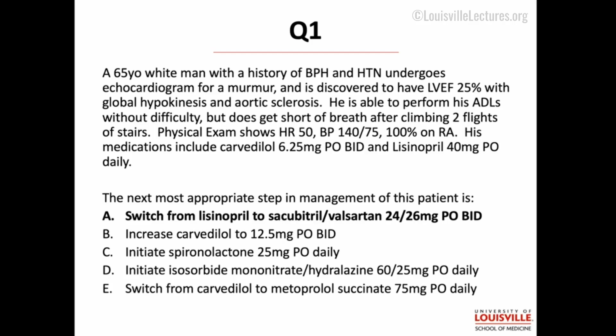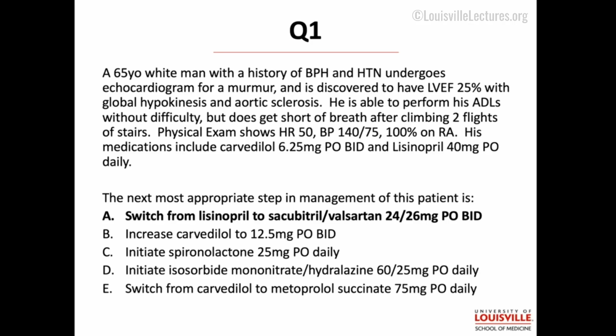So although a lot of these options include medications that we use to treat systolic heart failure, per the guidelines, the best option for him is actually switching from lisinopril to the ARNI, which is the angiotensin receptor neprilysin inhibitor, sacubitril valsartan, otherwise known by the trade name of Entresto. Now, all of the other options are things that people might do in practice for the most part. Carvedilol, we would want to maximize it, but the reason not to is that his heart rate is only 50. Spironolactone does have an indication in systolic heart failure, but in this case, we really prefer to get him onto the ARNI, and we'll show you those guidelines next.